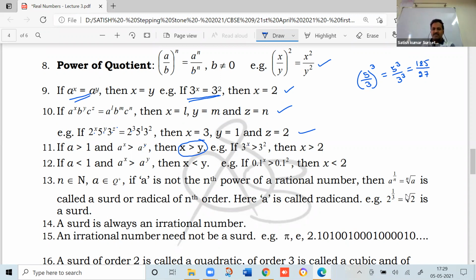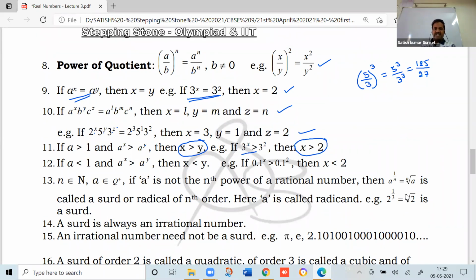Now, if you want to check it, what you can do is you can take an example for x value and verify this inequality. That is, 3 power x, is it greater than 3 square when x greater than 2 or not? Now, let us take an example. x greater than 2 means x equal to 3. Now, when I take x equal to 3 and substitute it here, tell me what the value I will get.